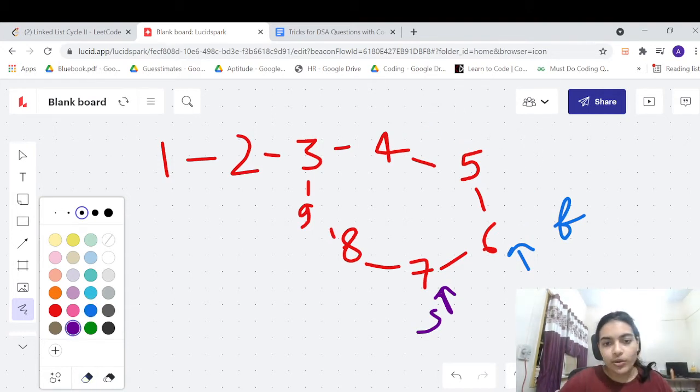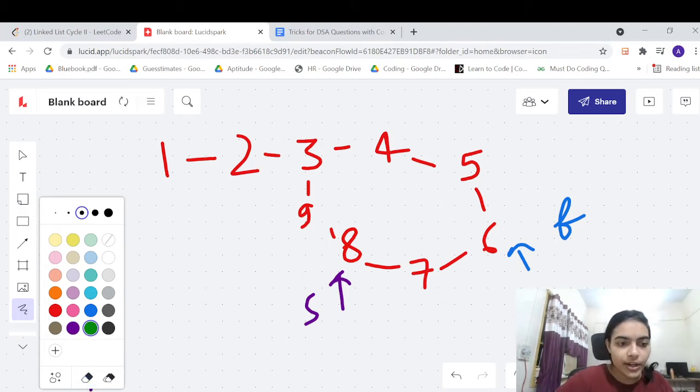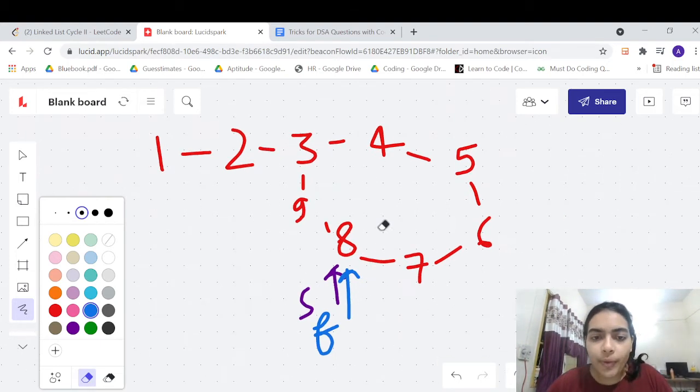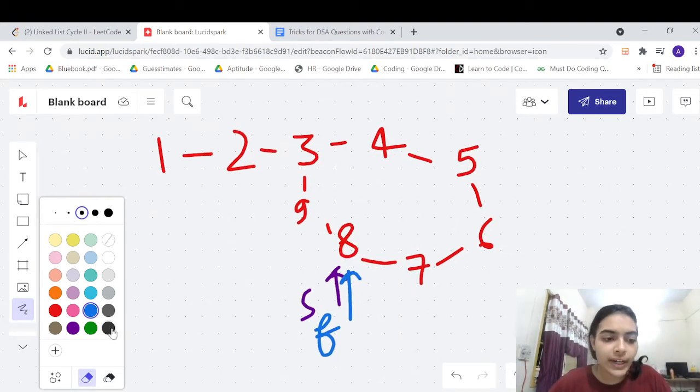And what will happen to the slow pointer? Slow pointer will move by one step next time, and then this is the interesting part, because the fast pointer will move by two steps, and this time it will be able to catch up with the slow pointer. Now both slow and fast pointers are pointing to one particular node. Both have met. This is also used to detect a cycle in a linked list. So they have to meet.